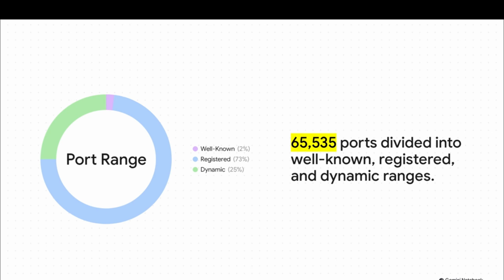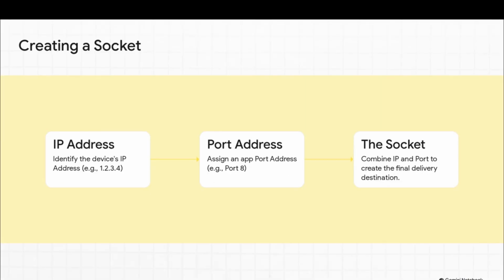The next slice is the registered ports, going up to about 49,000, and those are used by specific applications. And finally, the last slice gives us the dynamic ports. These are just temporarily assigned by your operating system whenever you pop open a new app or open a new browser tab. All right, now we arrive at what I think is the most vital piece of this whole puzzle,